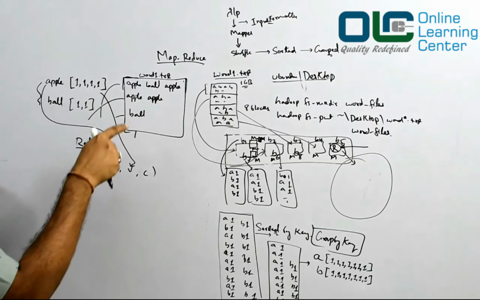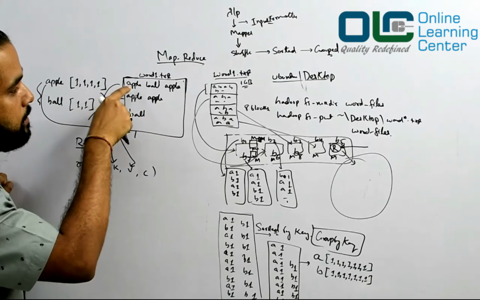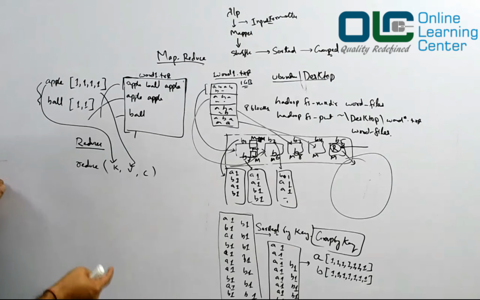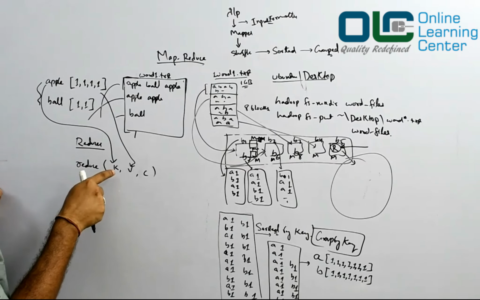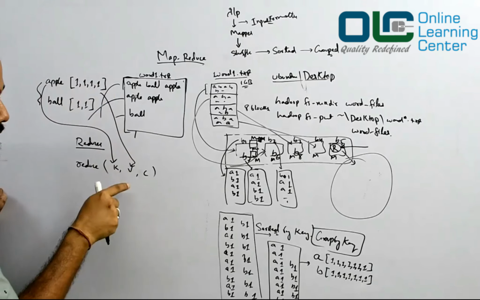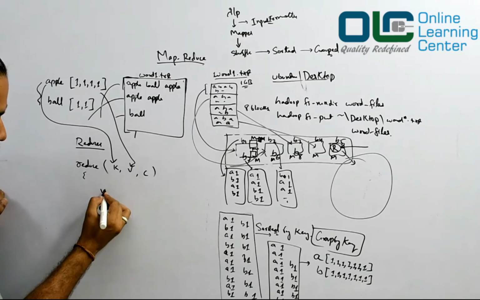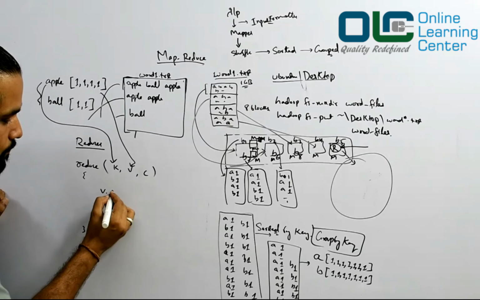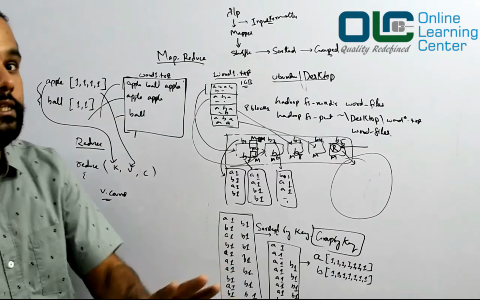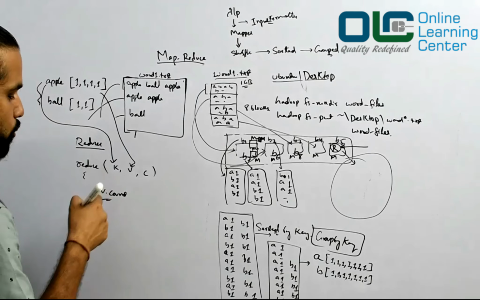Now, if I ask you how many times the reduce method would be called for this file? 2, because there are only apple and ball, so definitely there would be only 2 groups as per our logic, right? So the reducer would get a key, and the key would be apple, and the value would be this whole collection. Now what you need to do is iterate this v and get the count of this v. I'm not writing the exact code right now, but we will see that as we move on with the program. So you will count the total elements of v.